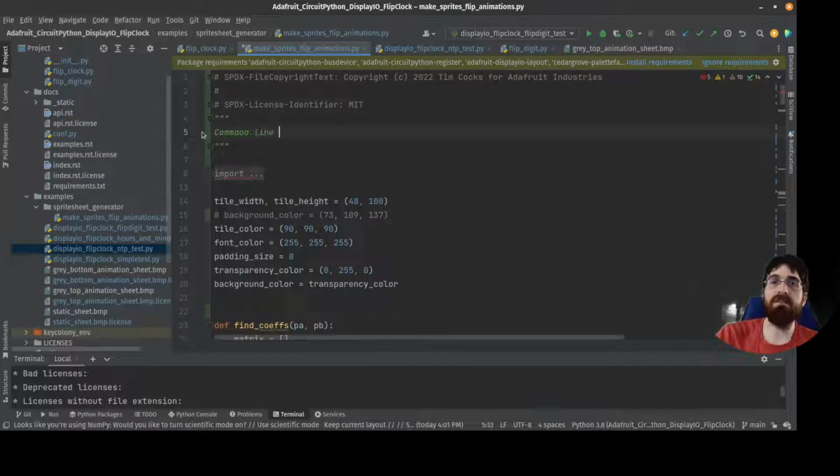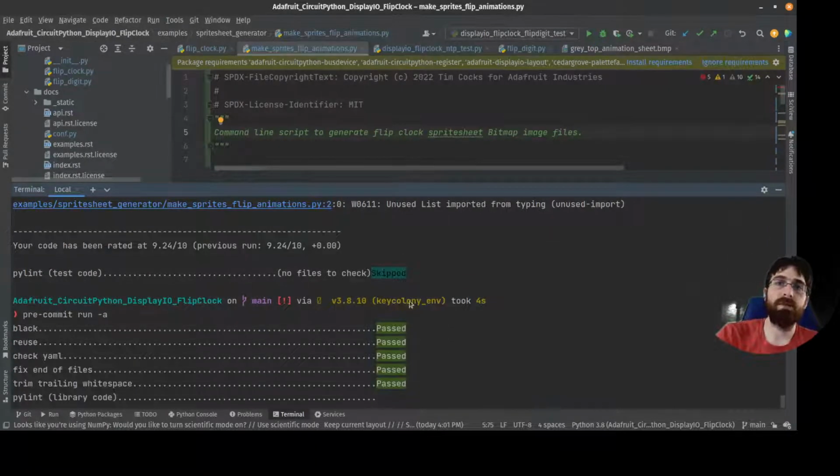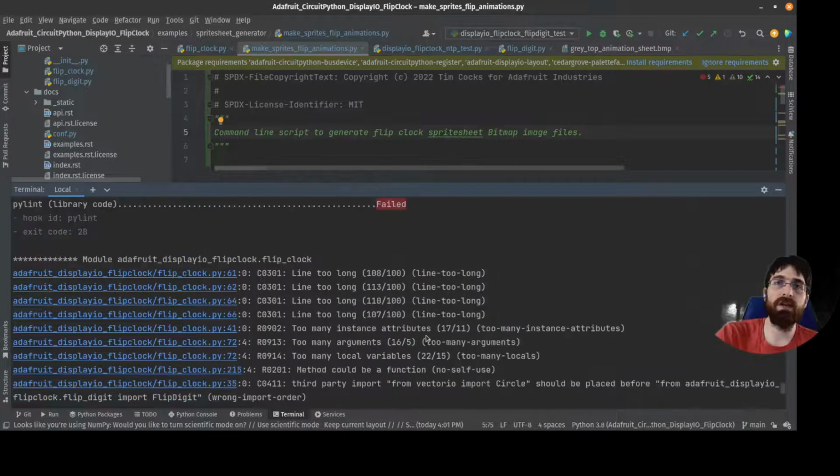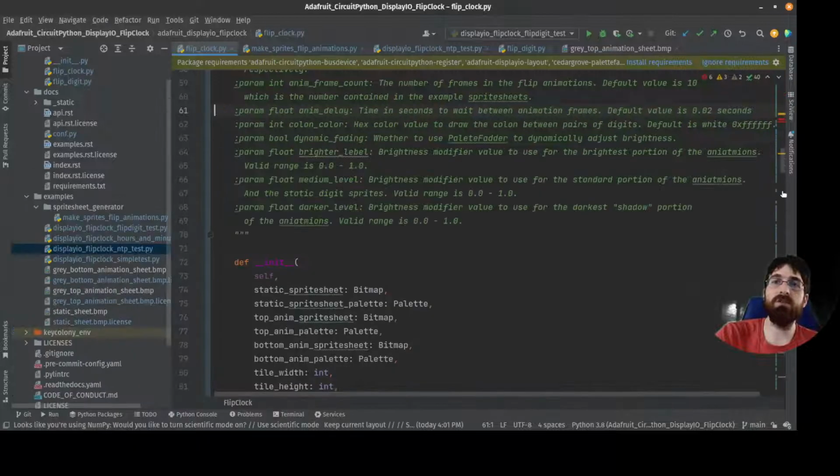Command line script to generate FlipClock sprite sheet app files. Reuse is happy now. Got some pylint lines, mostly just too long of lines. Ooh, that's going to be kind of annoying. I wish I could, like,